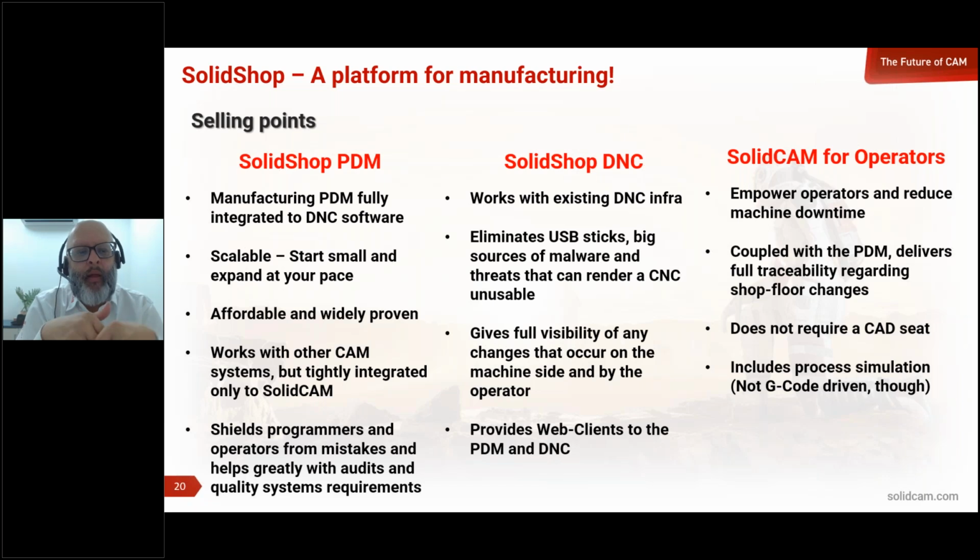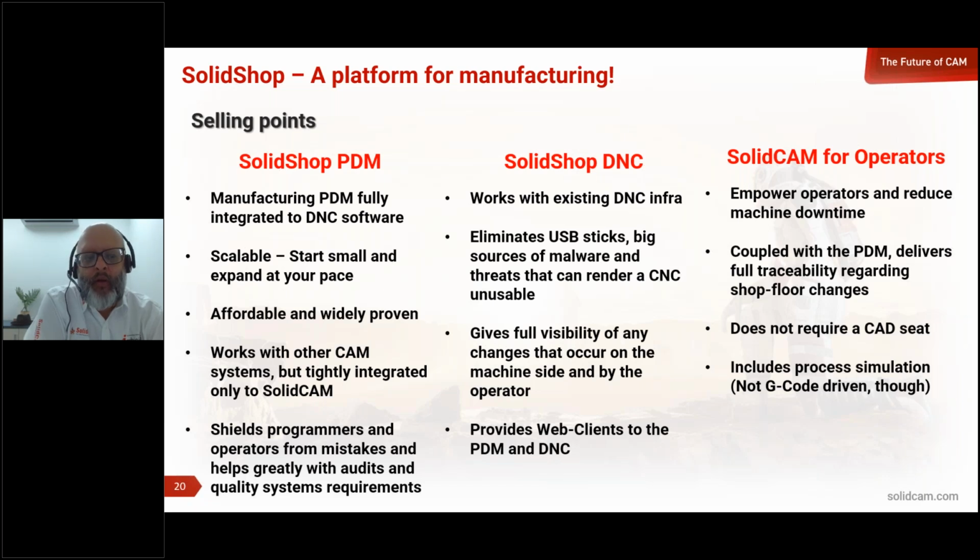For the PDM, this is not a generic PDM like Teamcenter or Windchill, or SolidWorks PDM or Autodesk Vault. This is a manufacturing PDM designed with operators in mind, with CNC programmers in mind. The workflows are very oriented to these types of departments, and it's fully integrated to DNC software.